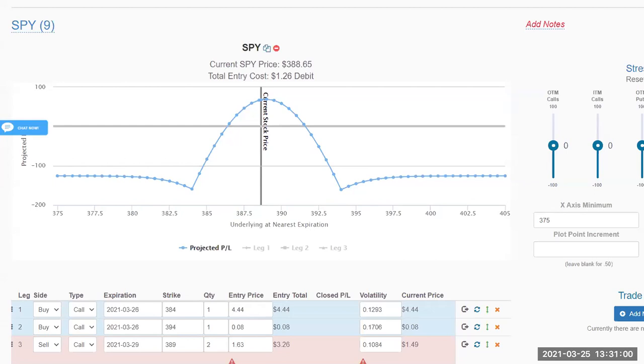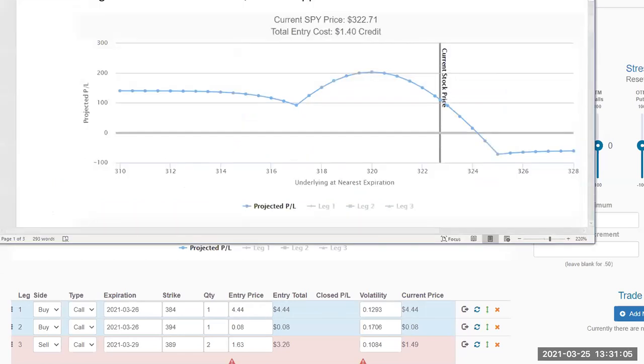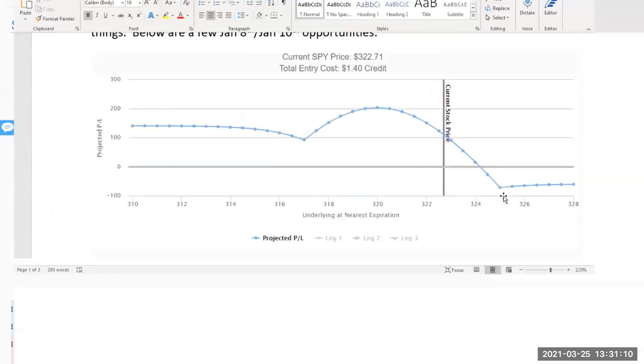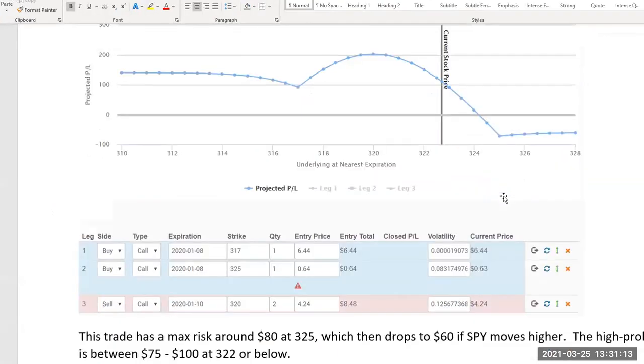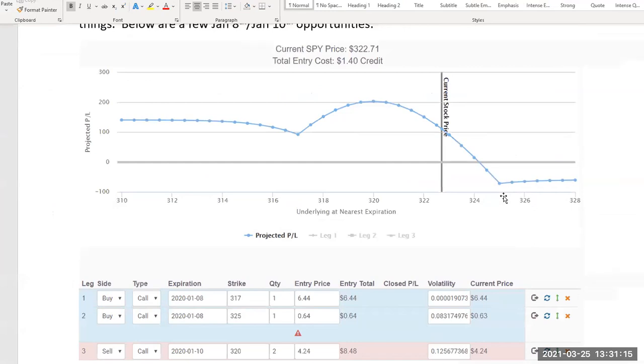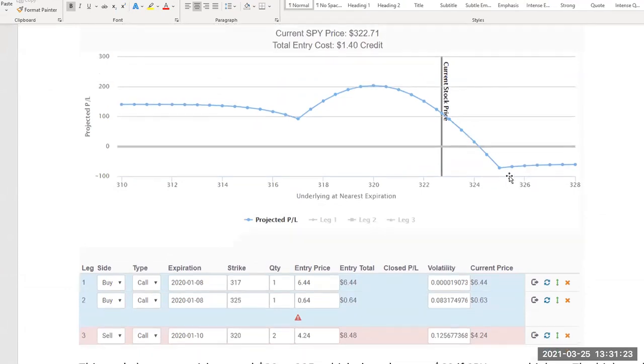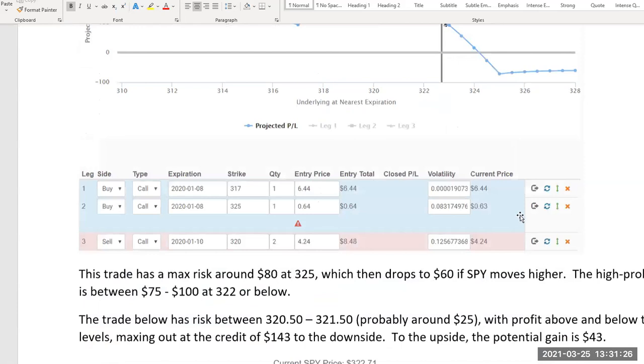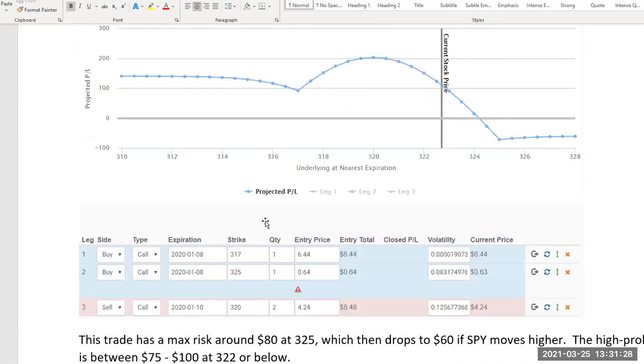All right, so here is a report from last year before the pandemic. So you can kind of see where these are at, and these are some patterns that you can look at on a weekly basis and see where the credit is at. But this is a little bit deceiving right now. Not these, but I'll show you here in a second. Of course, last year the market was trading at around, let's see, these strikes are at 317, 325, 320. So before the pandemic, this is where it was going.